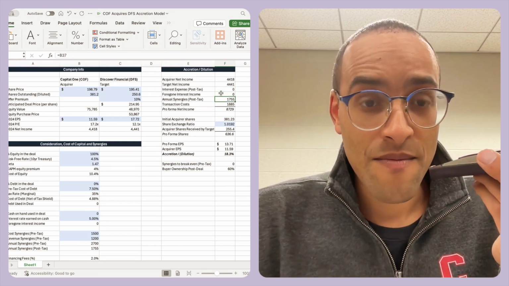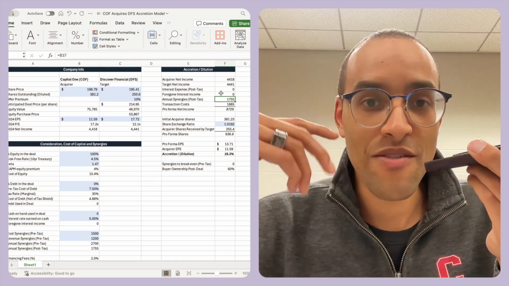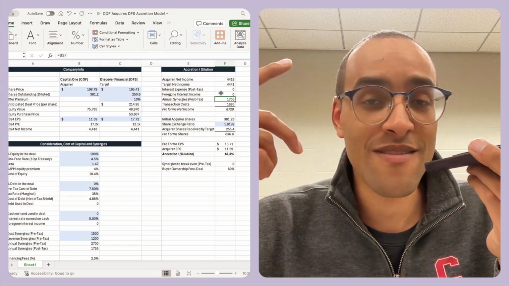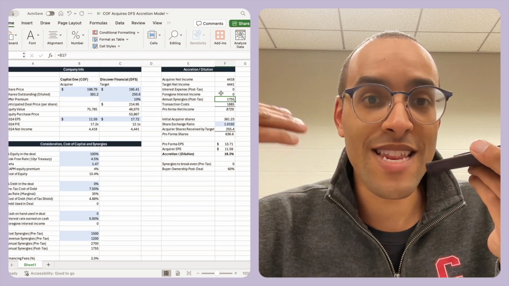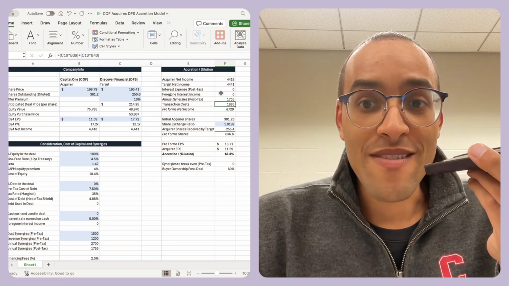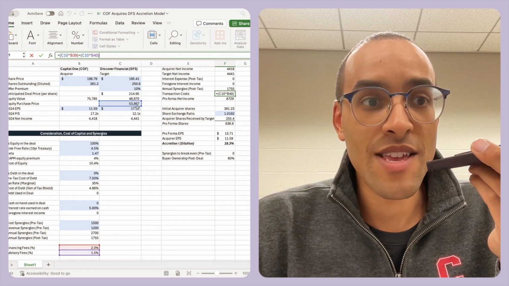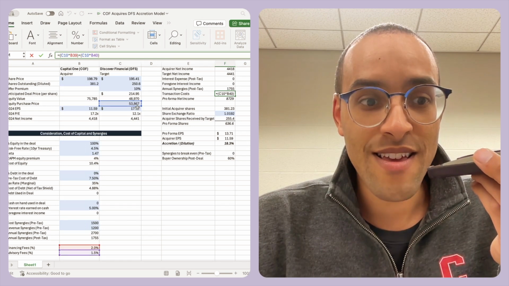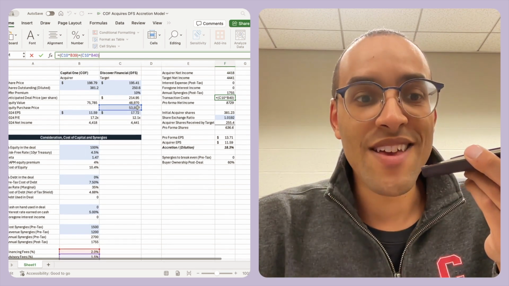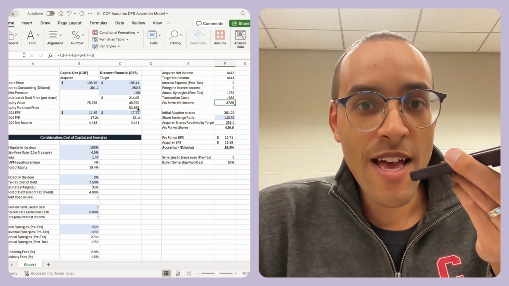Here's where synergies come in. Your synergies are being added to your net income. So we already calculated the post-tax synergies of $1.75 billion. So this is going to get added into our calculation. And then our transaction costs. I'm assuming 2% of the equity purchase price is going toward financing fees and other miscellaneous fees. And then 1.5% is going toward your advisory fees, your investment banking fees. And so that's